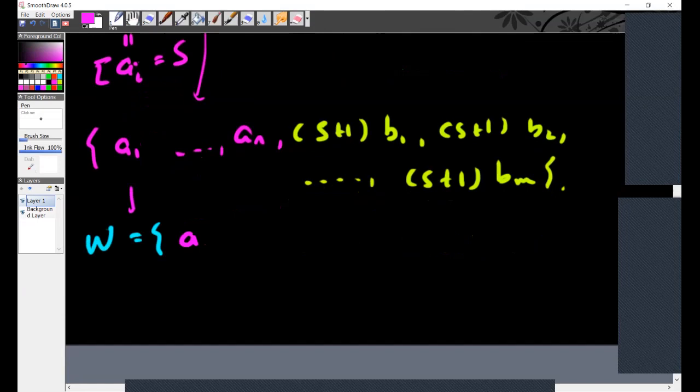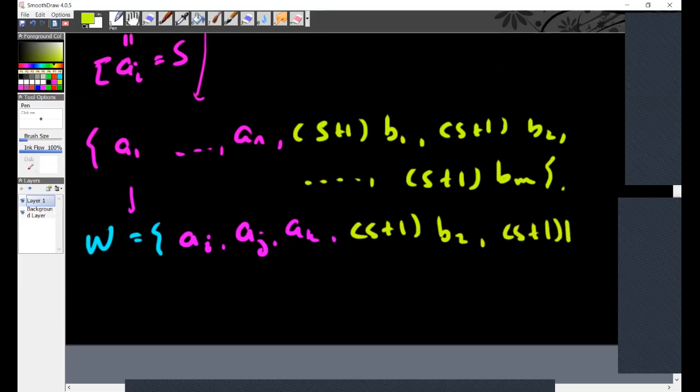So maybe, for example, AI, AJ, AK, and then some other items from B. But the items from B will be like B2, B3, and so on and so forth, each multiplied by S plus 1. So pictorially, what happens here? If we think about this as base S plus 1,